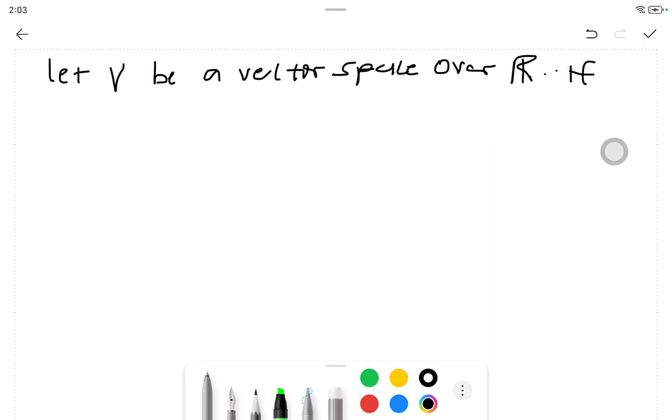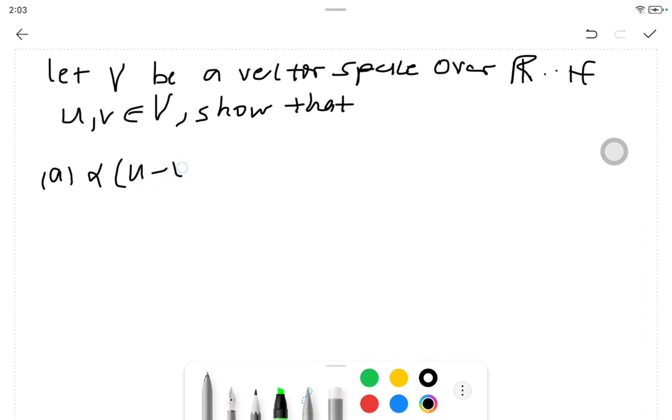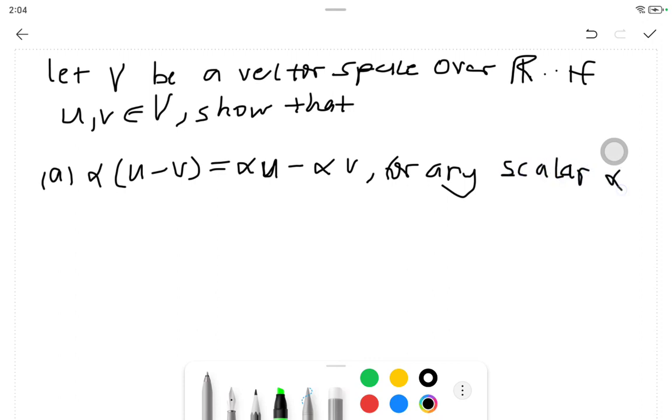They say that if u, v is an element of V, I must show that the first one, alpha(u minus v) is equal to alpha u minus alpha v, for any scalar alpha. So for me to do this, first I'm told that I